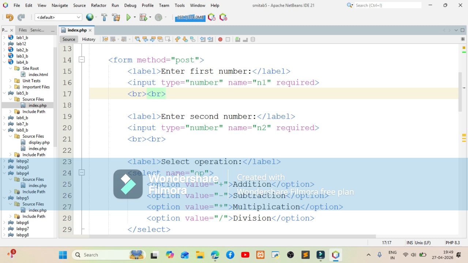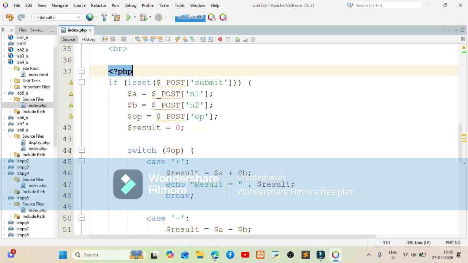When I start teaching you PHP in the classrooms, I will discuss the get method and post method in detail. In today's video, I will be concentrating only on the program logic. Here starts our PHP script. Here I am checking isset($_POST['submit']).